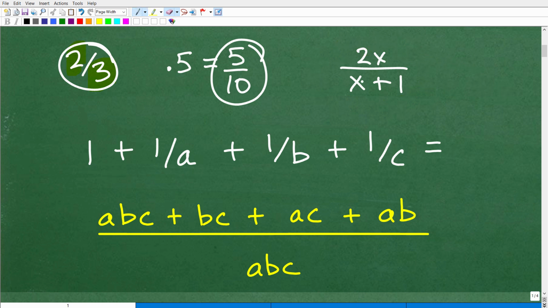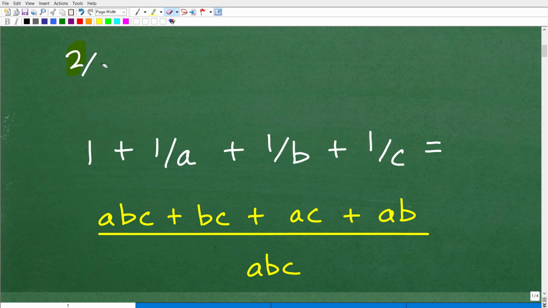Now, this would be a rational expression, or we would be adding rational expressions right here. Okay, this right here is: find the sum, or add up these rational expressions. If I make this into an equation, now you're dealing with a rational equation. All right, so it's important that you know the names of various topics in mathematics, because you're like, oh yeah,